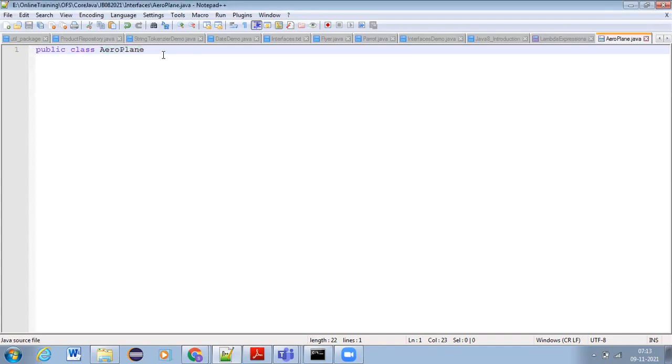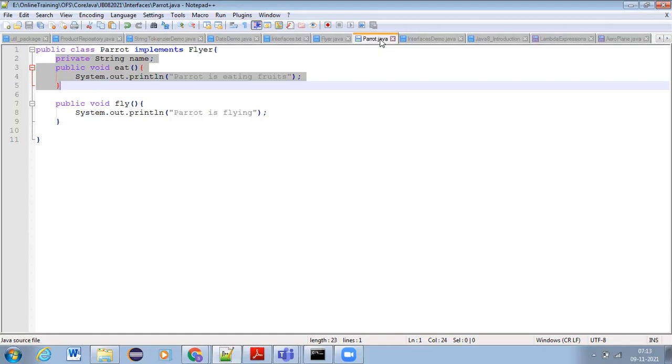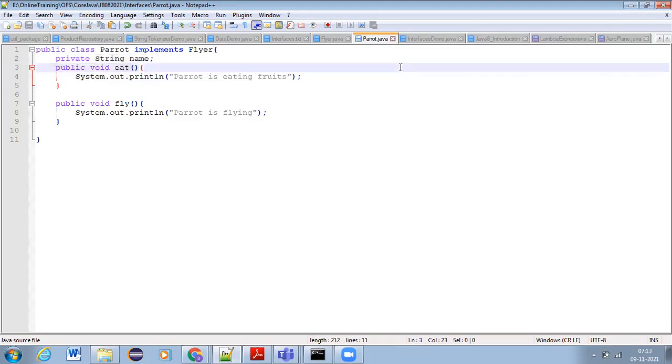And how can we make Aeroplane a subclass for Flyer? What is the keyword we need to use here now? Yeah, guys, just now we have seen it in the parent class. What is the keyword that we need to write to make our class a subclass for an interface?